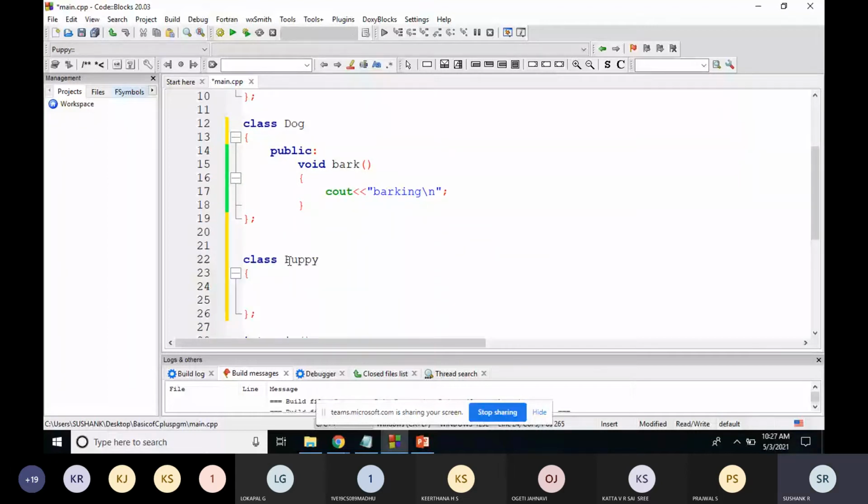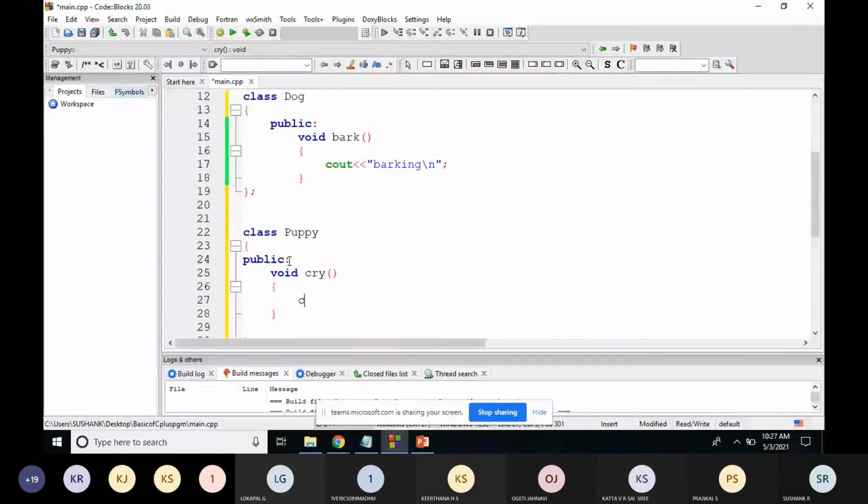Public, then I'll write one method each. Some simple examples, so three methods are there. Here we should know the accessing thing, so we'll just check.